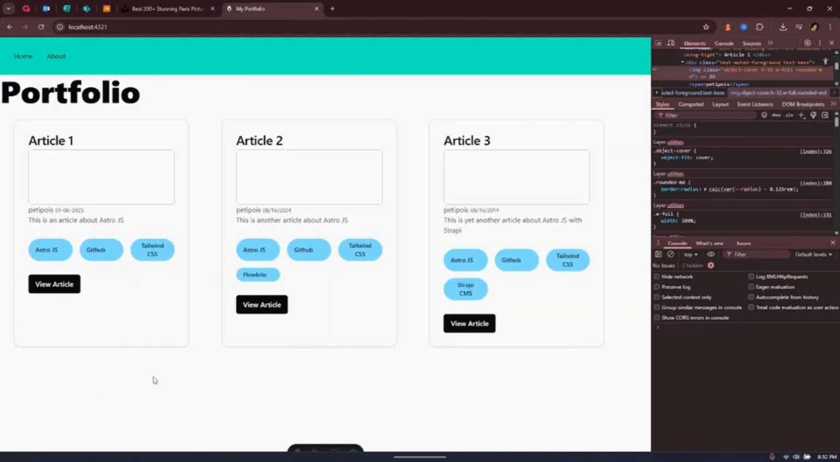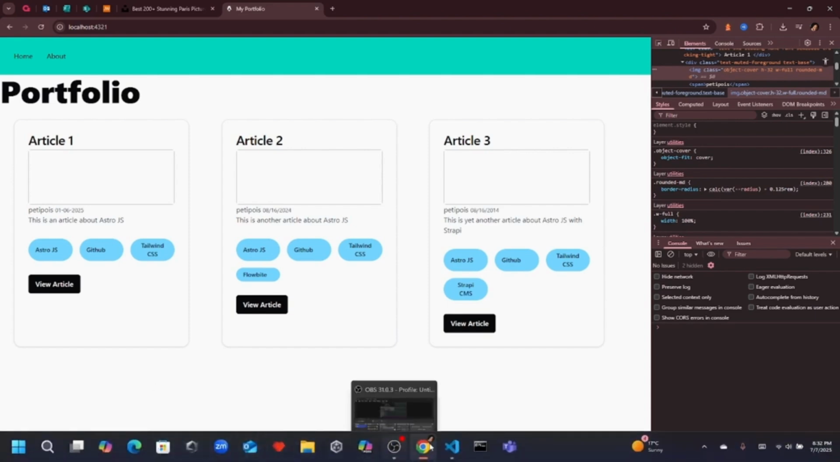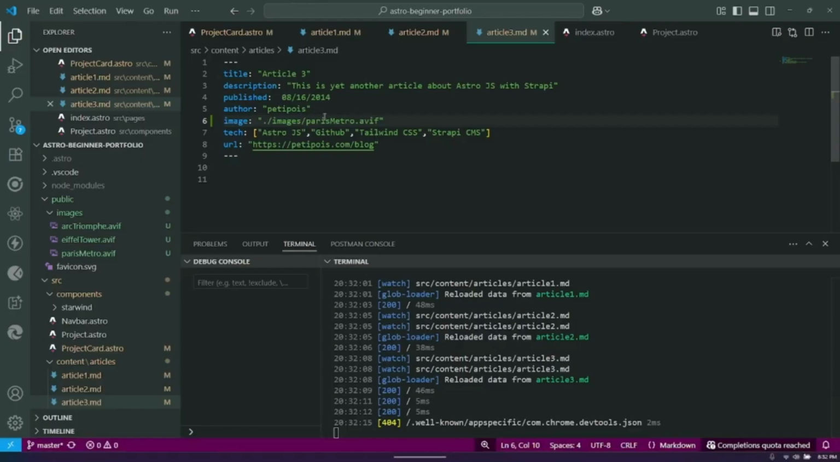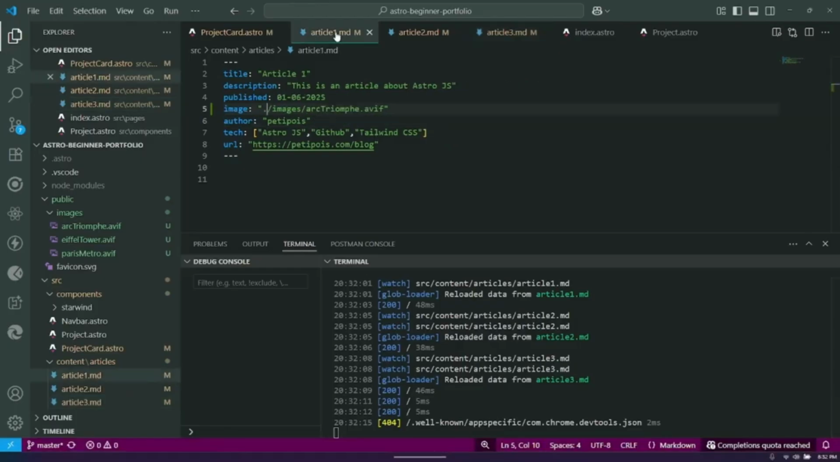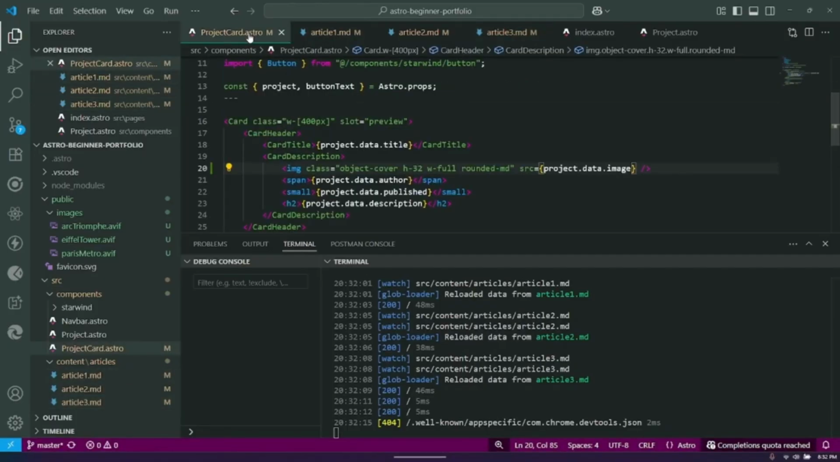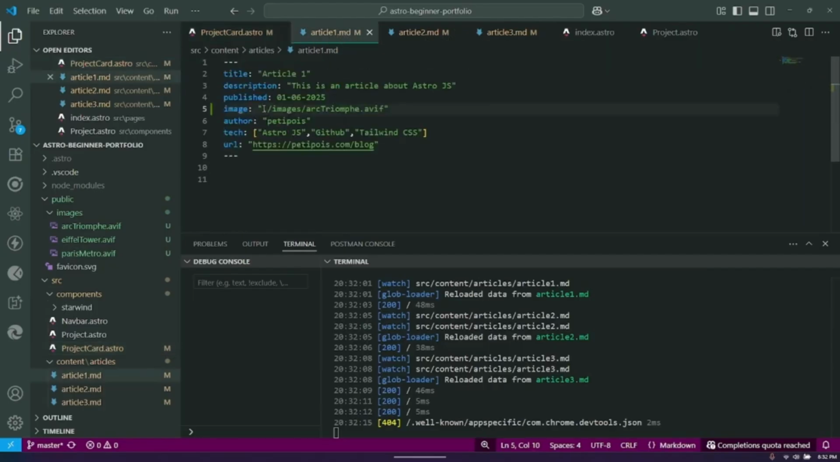inspect. Okay, let's just make sure we're getting, it is image, yeah. Project.data.image, yeah, that's right. So, okay. Let's do the whole,